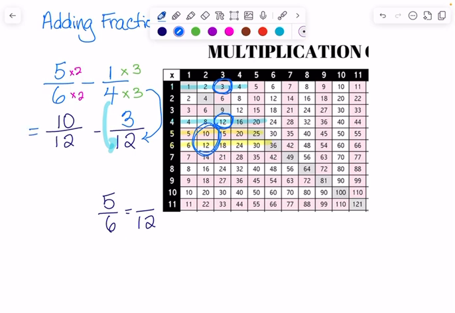And then from there, I'm looking for adding these. This is 10/12 minus 3/12, which is really like 10 minus 3 over 12, which is just 7/12. So that's how you